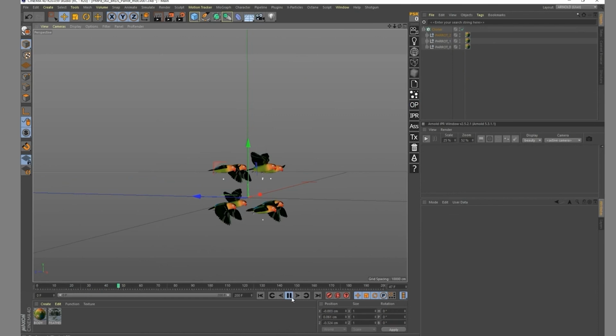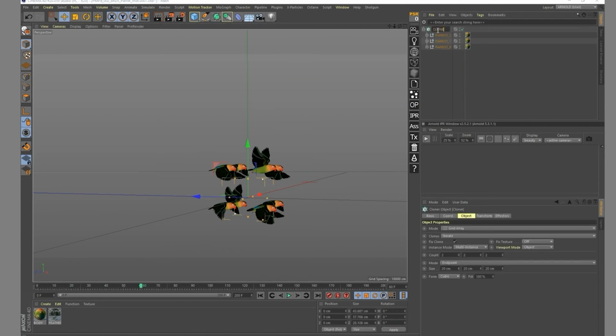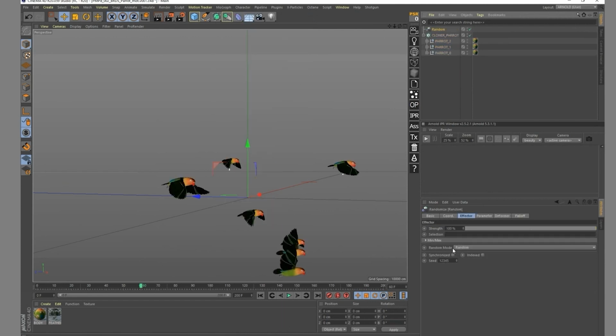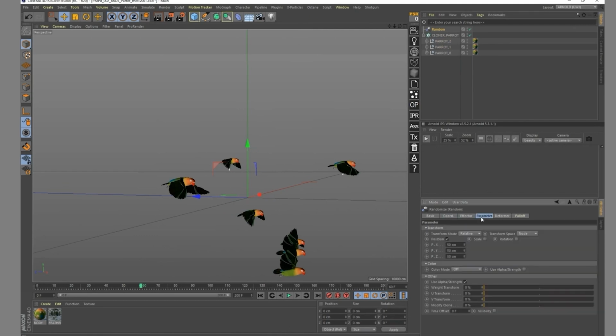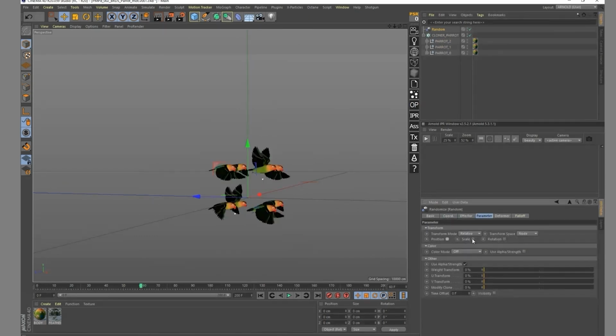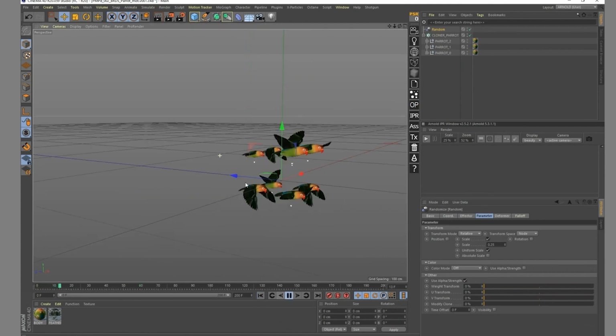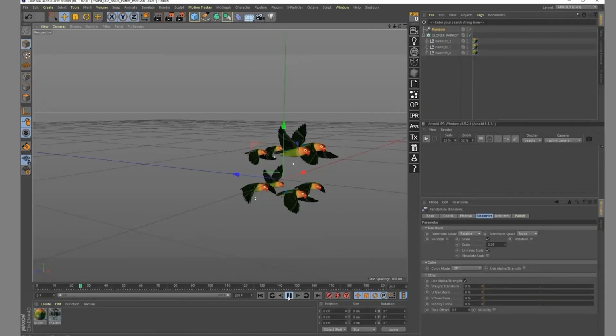It can still be seen that you are having the same instances of parrots going over and over, but we can add way more stuff inside of that. So cloner, parrot, and just to change a bit everything, I'm going to add an effector, a random one. Not for the position so far, that's really something that we're going to work with a bit later in the presentation, but I'm going to change the scale and change the uniform scale to, I don't know, 0.25. So you already have a bit more variation inside of those. Yep, it's already working fine.